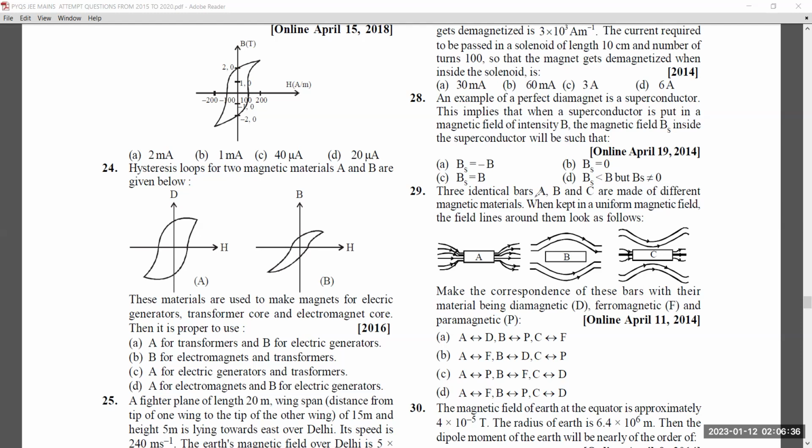Sir, graph, is it B? Yeah. B for electromagnets. That's correct. So B is for electromagnets and transformers. And A is for the electric generators, but transformer is wrong. So that's why C is wrong. A for transformer, that's wrong. So the correct answer is, guys,